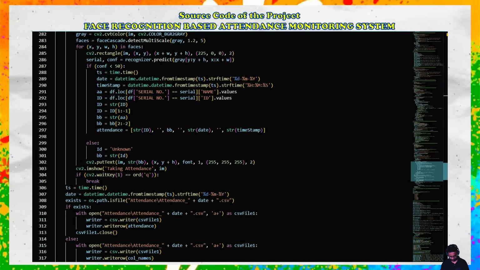You will cascade your faces on line number 283. You will cascade your faces, and then you will pass in the parameter of this gray color, and then the scale type, and then after that you will try to map out the x and y axis with the width and height in order to take the proper size of your face. That's about it. And then here on this line number 287, you're just basically checking for the perfect